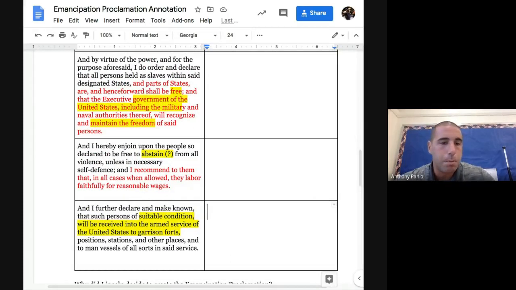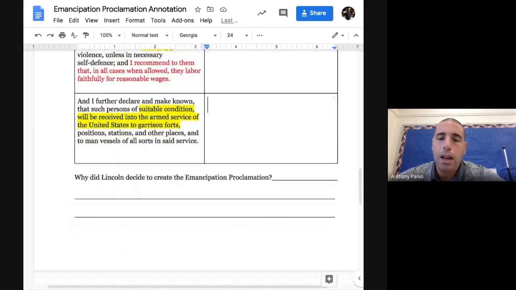In one of these 3 boxes, and a couple of these boxes, you will start to get more of a sense why Abraham Lincoln wrote the Emancipation Proclamation, because he knows that the South is not going to listen to him. If you have time, try this very last question. Why did Lincoln decide to create the Emancipation Proclamation? Okay? I'm just going to tell you right now, it wasn't to be a nice guy and free all the African-American slaves. There is a deeper reason for it. If you're able to figure it out, you could write that answer, but we will go over that in a little bit. So I will mute myself now.